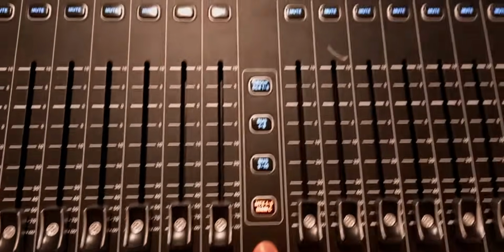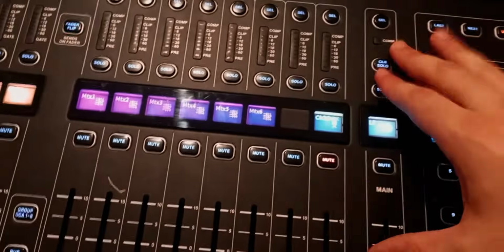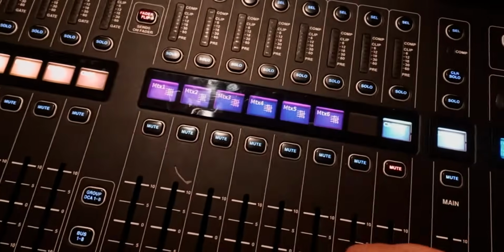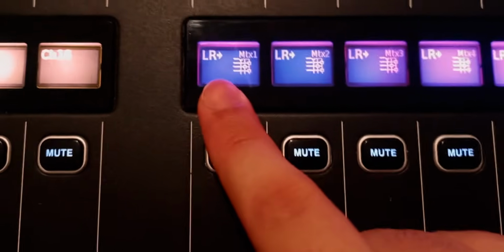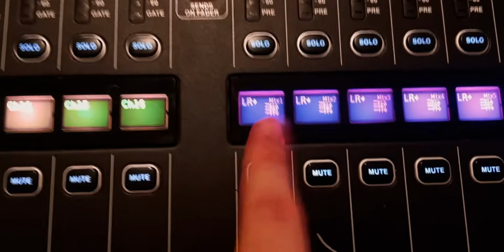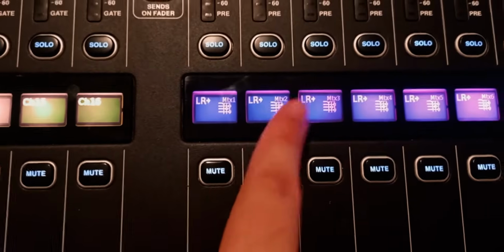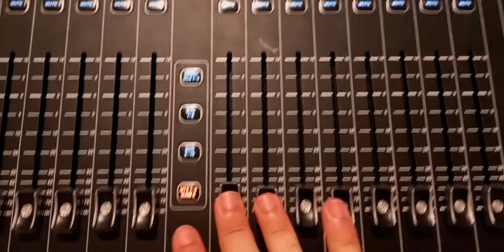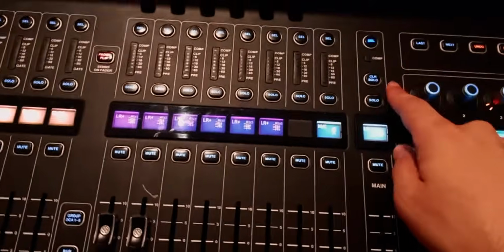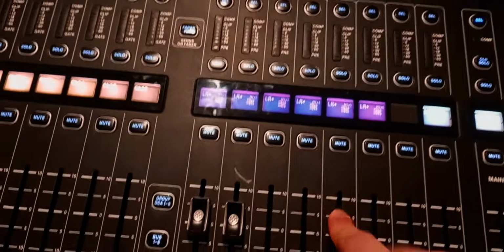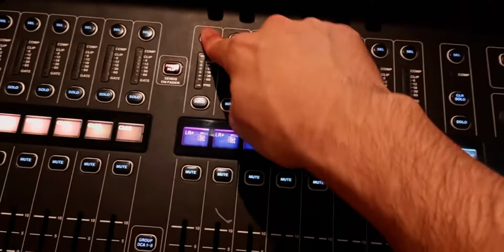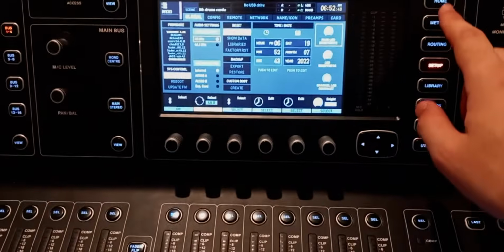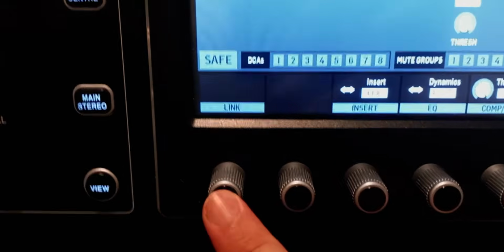So I'm going to go to the matrix. If I want to send the main left right to that matrix, I'm going to select the main left right. And look here, it says left right to matrix 1, left right to matrix 2. So I'm going to raise the fader on the matrix, and that sends the left right to the matrix. And if these two are a stereo pair, don't forget to link them. So select one of them and go to the home page and then click on link, confirm, and these two